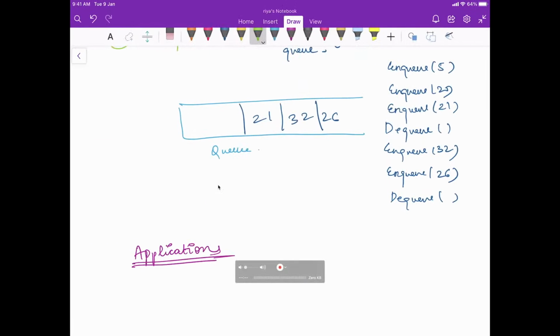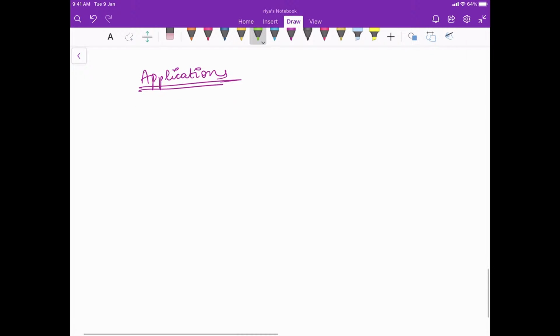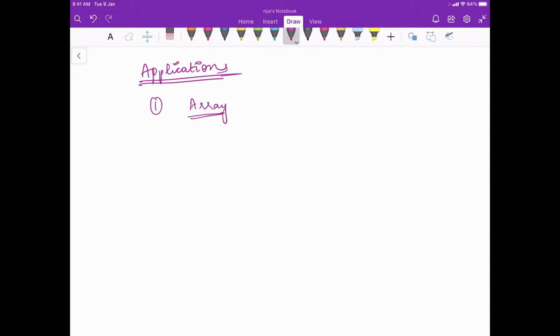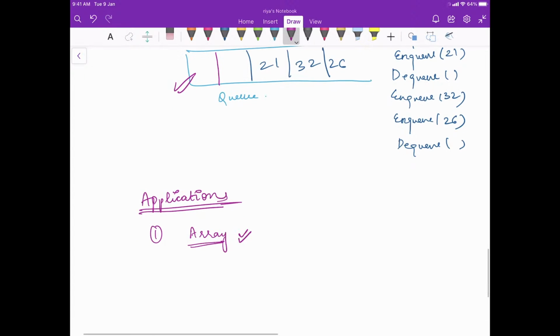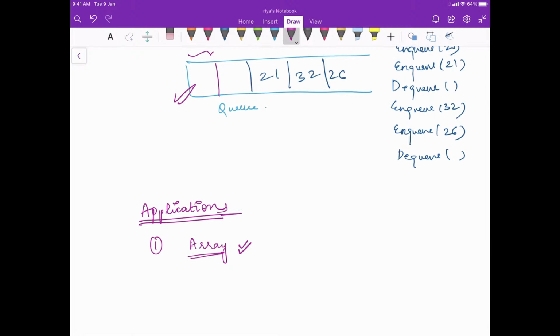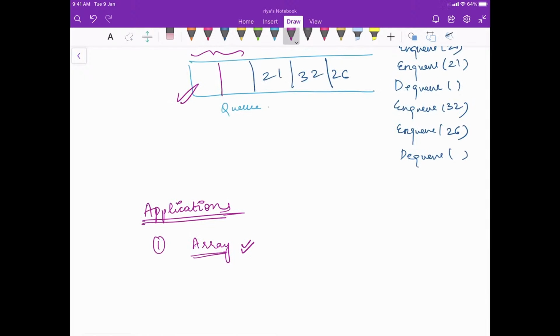Now, like many of you are asking, how do we implement a queue? There are multiple ways to do that. We'll not go into too much detail, but we have an array. Again, you can think of this as an array kind of a structure, wherein you are adding elements to the queue. And please make sure you understand that if you are using a simple array, there are going to be these empty spaces here. So this is actually a disadvantage at this point.